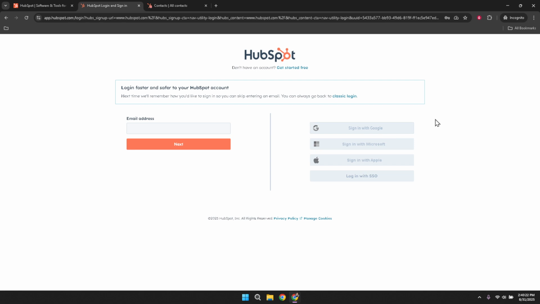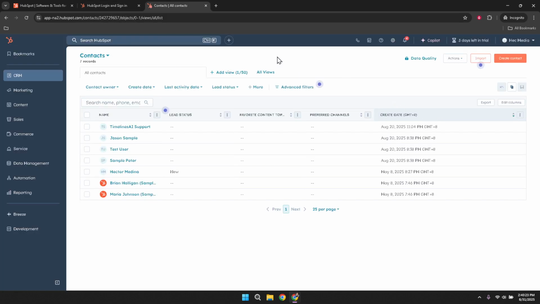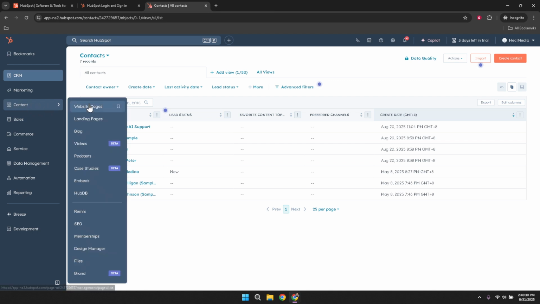Now that you're on the HubSpot dashboard, the first thing you'll need to do is navigate over to the content section. You can usually find this in the main menu. Clicking on it will present you with a few different options. What you're looking for here is website pages. Go ahead and click on that option and it will take you to a list of all the pages on